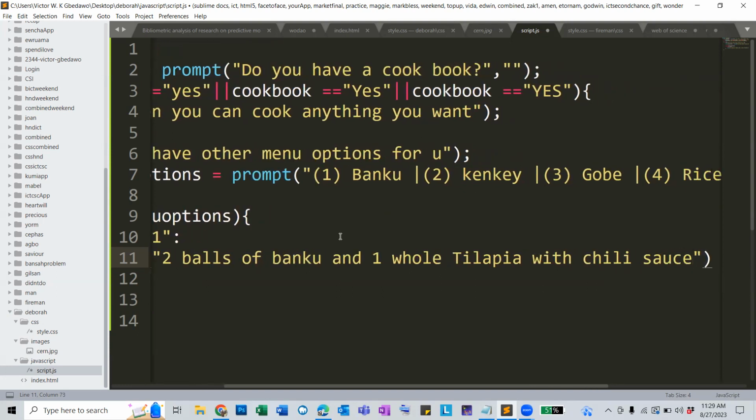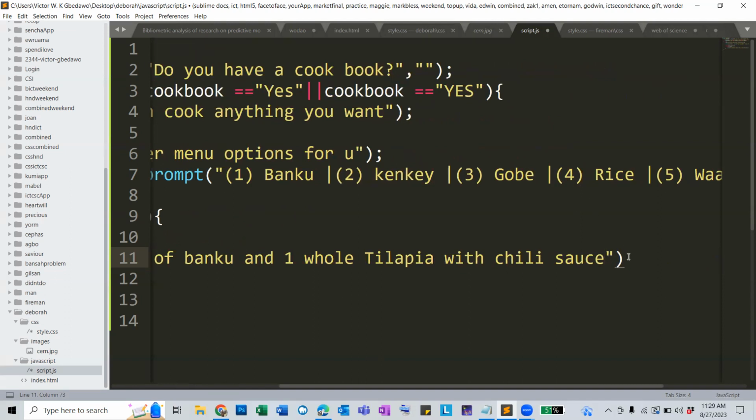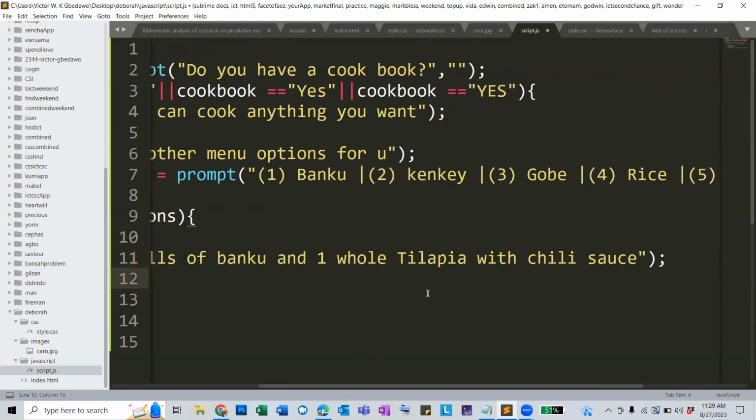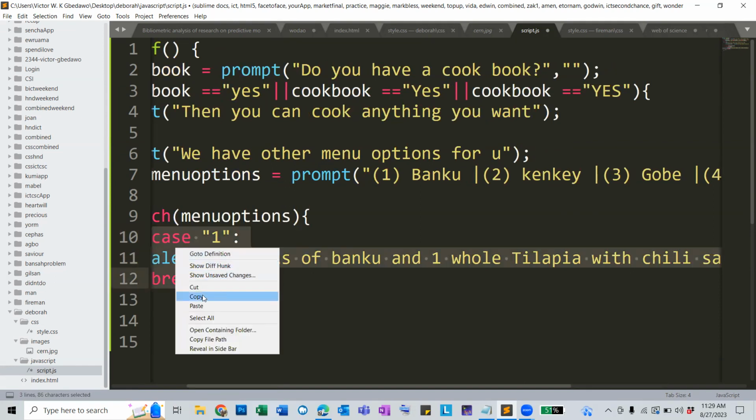With chili sauce. All right. So this is going to be the response we give for option 1. We'll come down, then we'll give a break, if it is answered, to break out of this. Are we okay? So now, at this point, since we're going to do this for all of them, we'll just copy